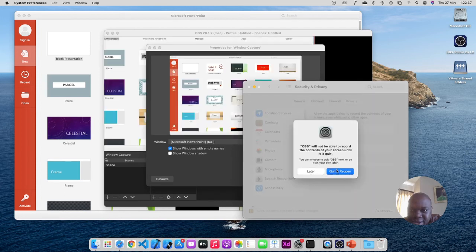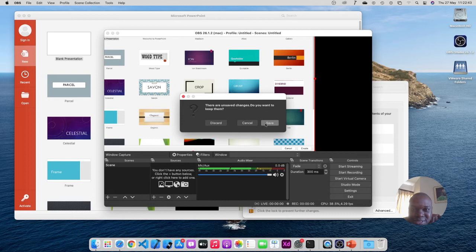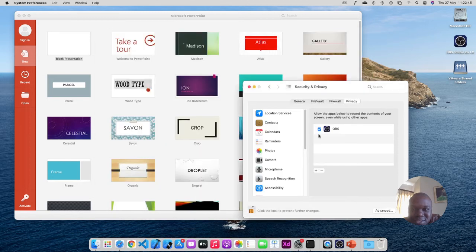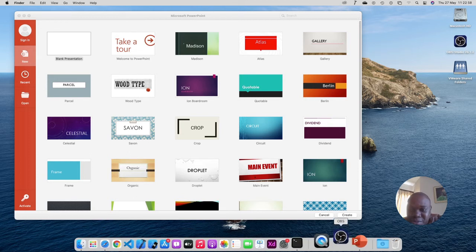And then I click on that, and then I say quit and reopen. Let's just save changes, and then it's just going to reopen OBS again. So we're done with that section. Just giving privileges. I'm going to click cancel there, and then go back and open up OBS,